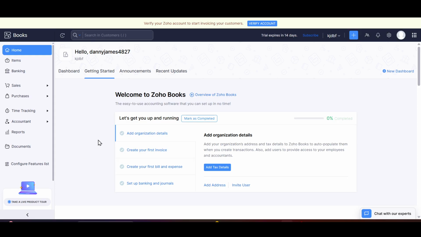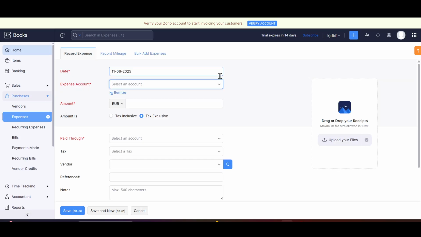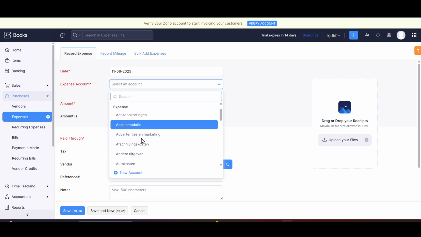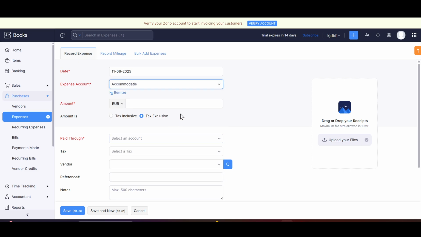Now to create an expense, on the right side you can see this plus button of quick create. Click on that and then under the purchases section you can see the option of expenses. Click on that and now from here, this is the date, and enter your expense account, whatever expenses you have got, and after that enter the amount